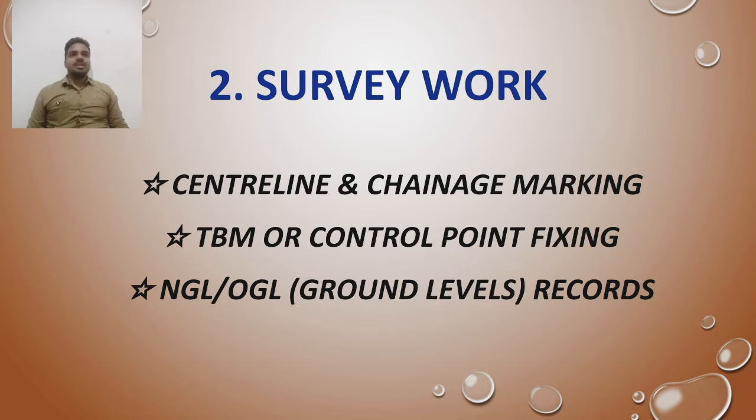The position of the center line on the ground is known as highway alignment. Next one is chainage marking. Chainage marking is the horizontal length measurement throughout the whole construction area. For this, we fix concrete pillars for reference at every 100 meters. We generally use a metric chain for chainage.